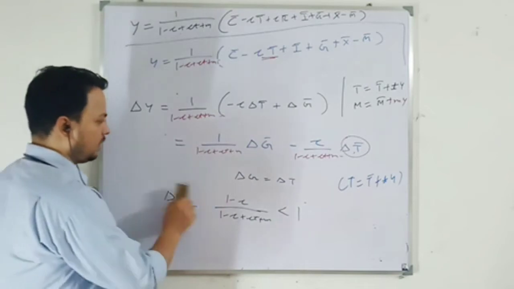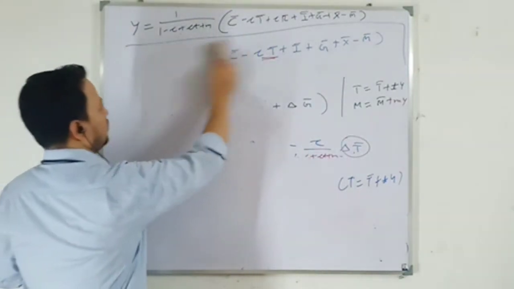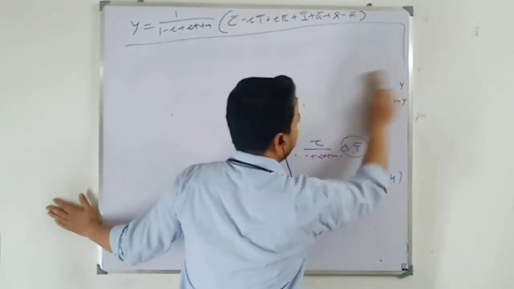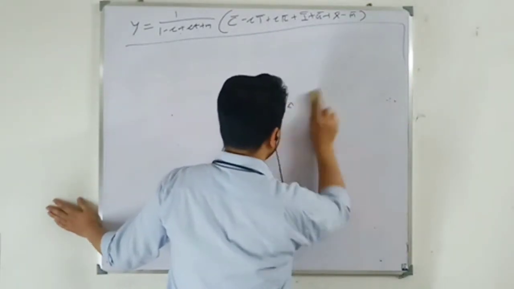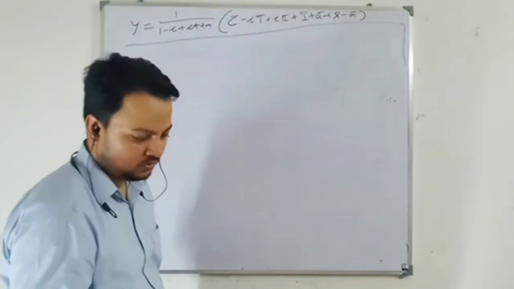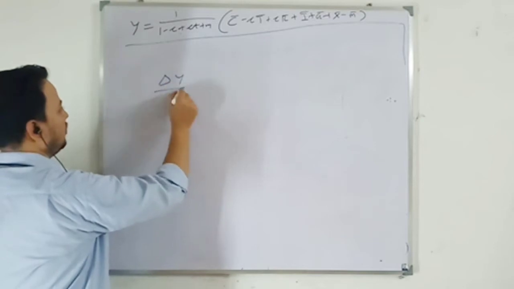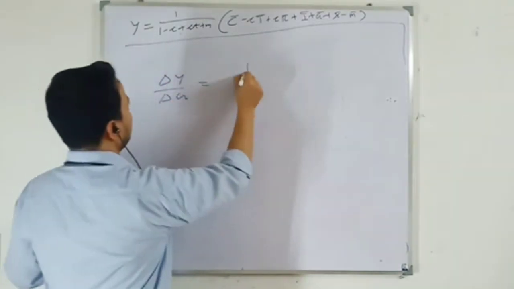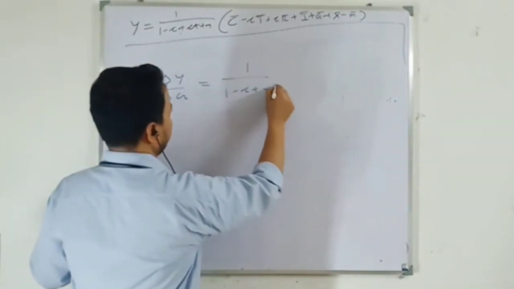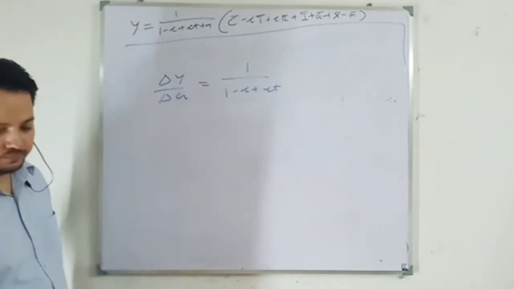Okay. So I have this part. Let me talk about that thing. For the three-sector economy, I have derived it already. Check the video. I will send the video again. So for the fiscal multiplier, you will get change in Y over change in G equal to 1 over 1 minus C plus CT. This is your fiscal policy multiplier.